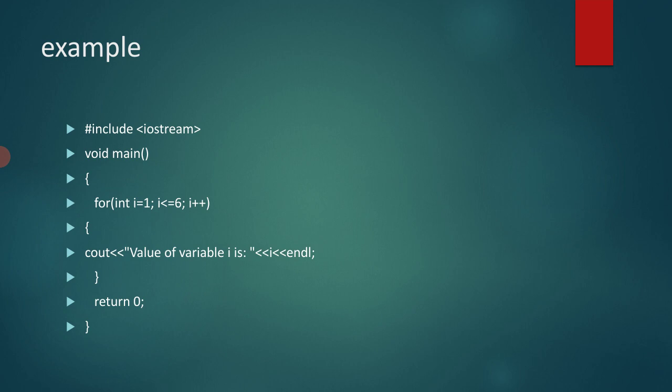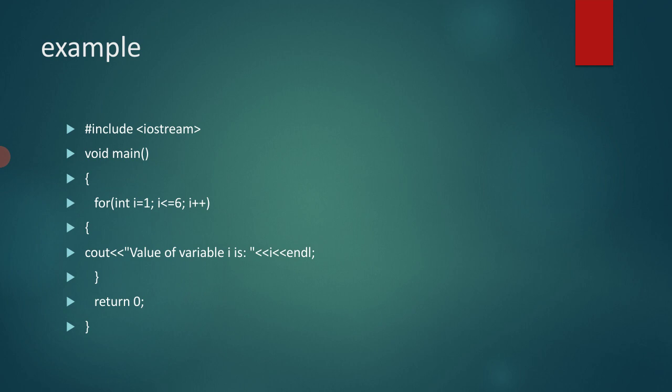Now I want to explain how it will print the first 6 numbers. As the first step, i = 1, condition i <= 6 is true, then i increments. So first it will print the value of i as 1, and by incrementing, i becomes 2. In the second step, the value of i is 2. 2 is again less than 6, condition true, it will increment the value of i. Now the value of i becomes 3. 3 is less than 6, condition true, it will again increment the value of i till 6.